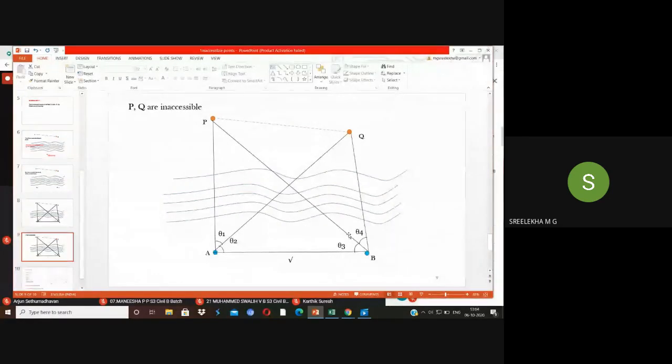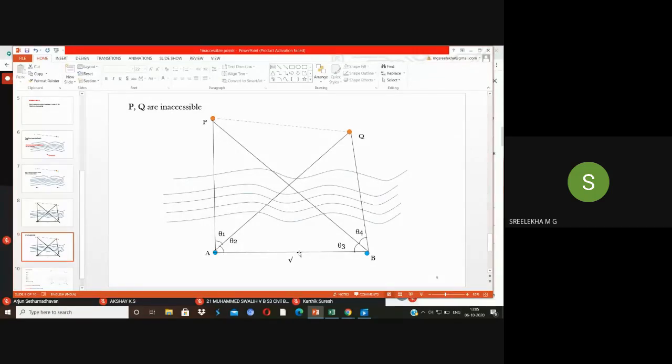Next, what is the next step? We'll have to continue the rotation and sight to the next point Q. Again, you have to use your upper clamp only, because whatever be the angle change, you will have to note down here. So from P to Q, the change is done by means of your upper clamping screws. And sight to the point Q, note the vernier readings again. Finally, you'll be closing to the horizon. Closing to which point? Your initial point was A. So finally, you'll be closing to the point A only.